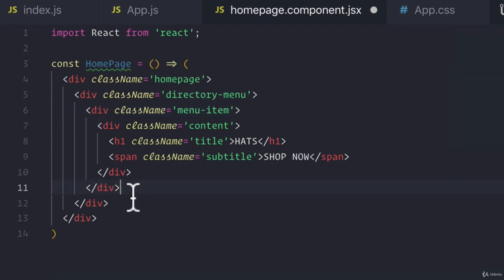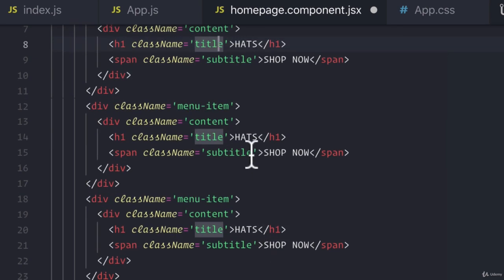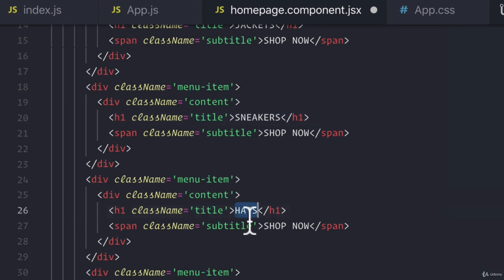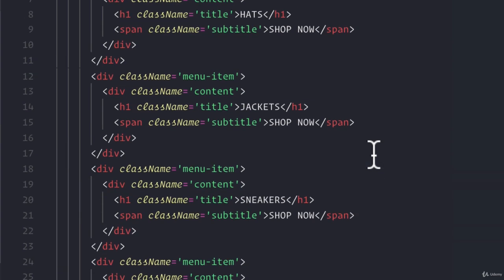Now, let us copy this 5 times. Just for now, we'll end up making the components later. And we are going to put jackets. And then this will be women's, and this will be men's. Now, if we save this,